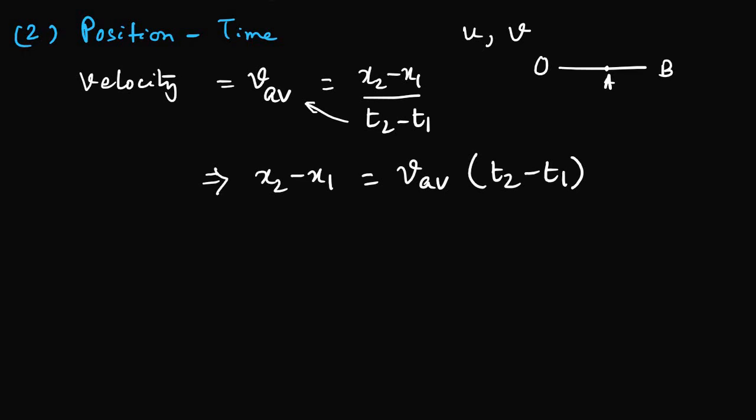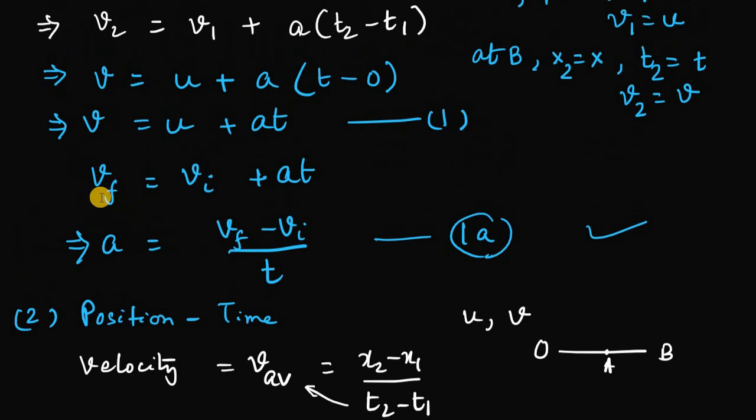So if I am doing that, now I can put V average as the initial velocity plus final velocity by 2. Just remember this is the same version of U and V, so I can erase it and write it simply as U plus V. Do not get confused, we already derived it: if we know the final as well as the initial velocity, we can find out the average velocity.